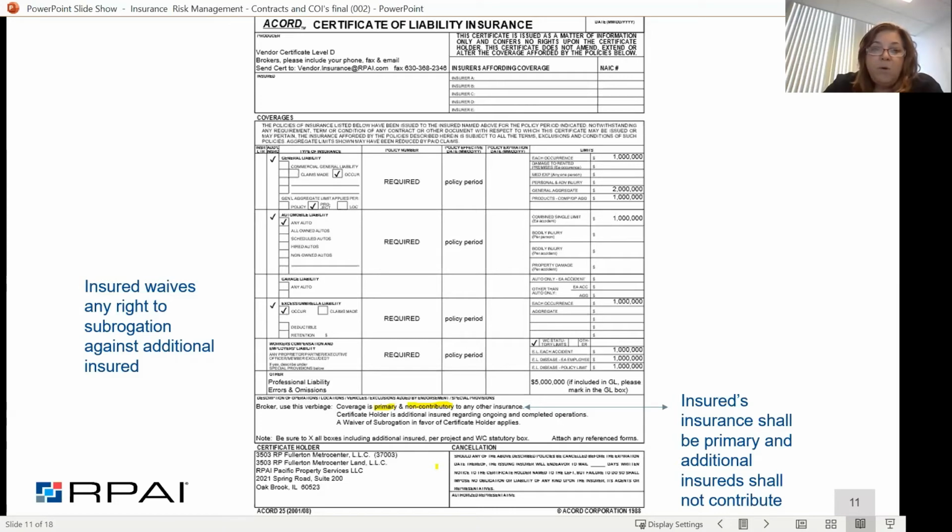So we always require that we be named as an additional insured on a primary non-contributory basis, and that a waiver of subrogation should apply. So we want to make sure that all of those boxes are checked and all of those are provided. And again, if you look down below to the cert holder box, you'll see in this case, we've added 3 entities. We have a separate entity for the land, we have a separate entity for the ownership entity, and then we have a management company in there. So that's what we refer to as making sure that you're getting everybody provided coverage.